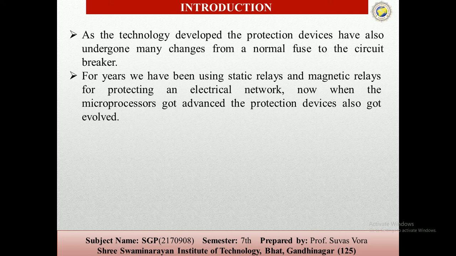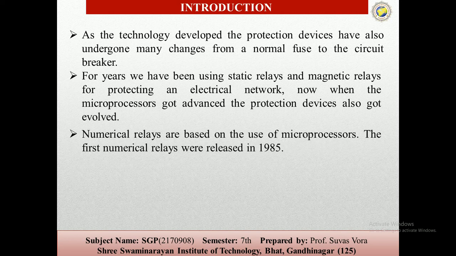It means how the numerical relay works. So the analog electrical signals from the power system can be obtained from the CTs and PTs. So here you can see that the main power system is connected with the circuit breakers. So how the numerical relay works. So from the power system,